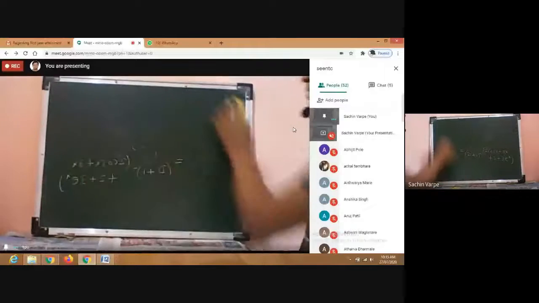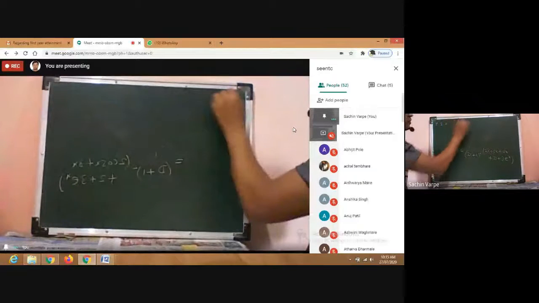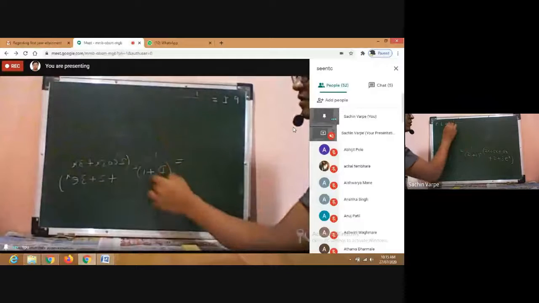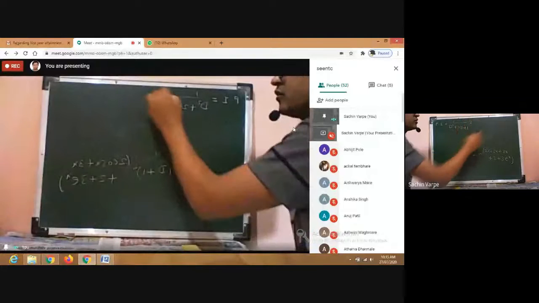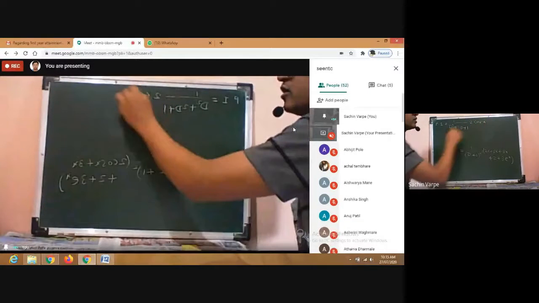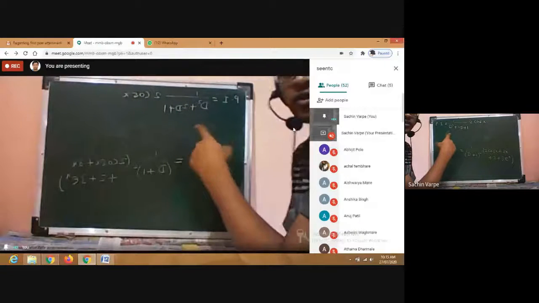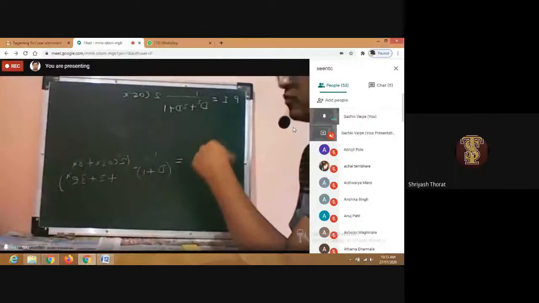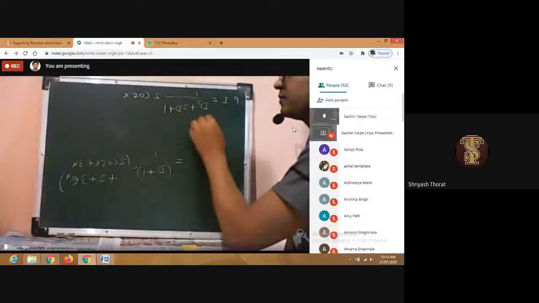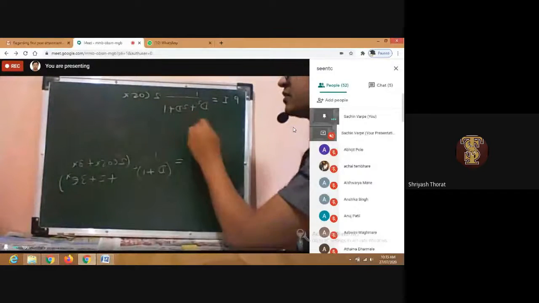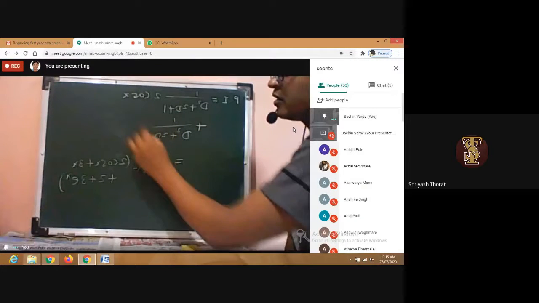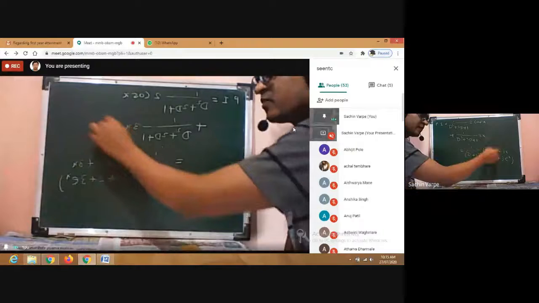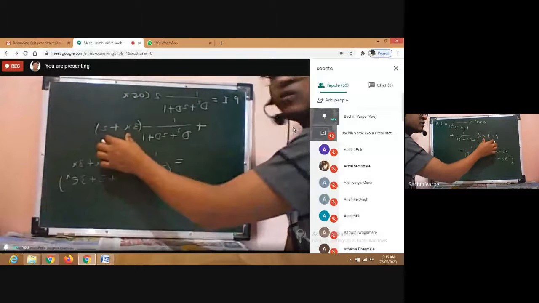Therefore, PI is equal to 1 upon, I'm writing in expanded form, that is d square plus 2d plus 1, because for the cos I want d square. I hope you remember that in case of cos and sine we need terms in d square for the replacement. Yes, we replace d square by minus a square. A is 1, so minus 1 plus 1 upon d square plus 2d plus 1 into 3x. I'm writing 3x plus 2 because this whole I can treat as a polynomial function, isn't it?